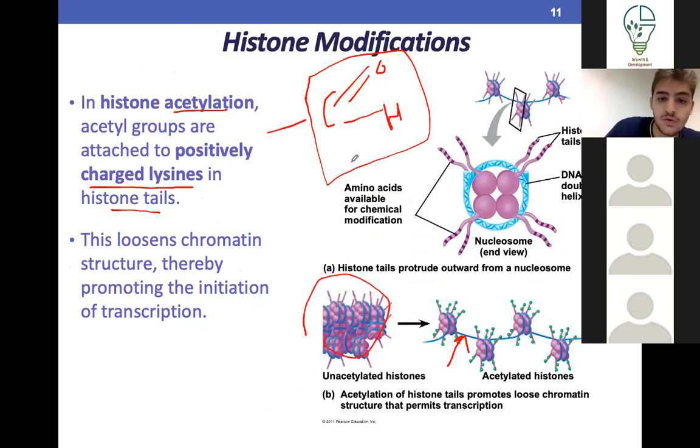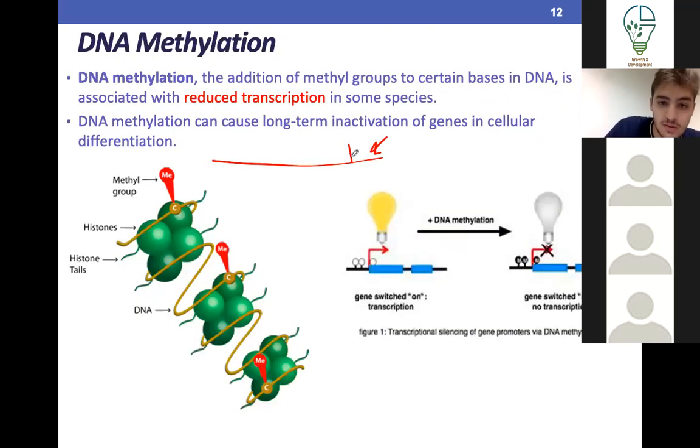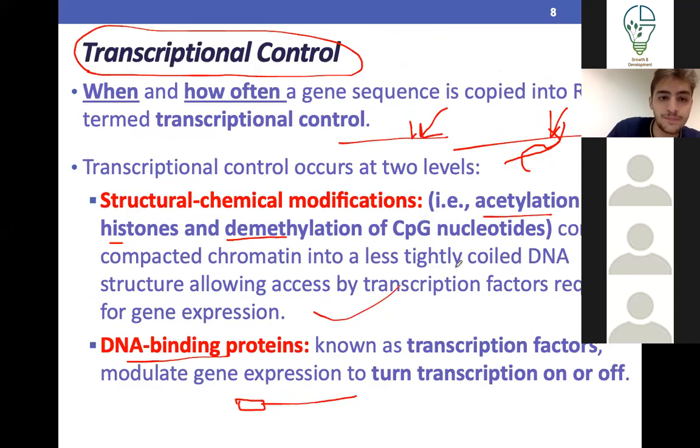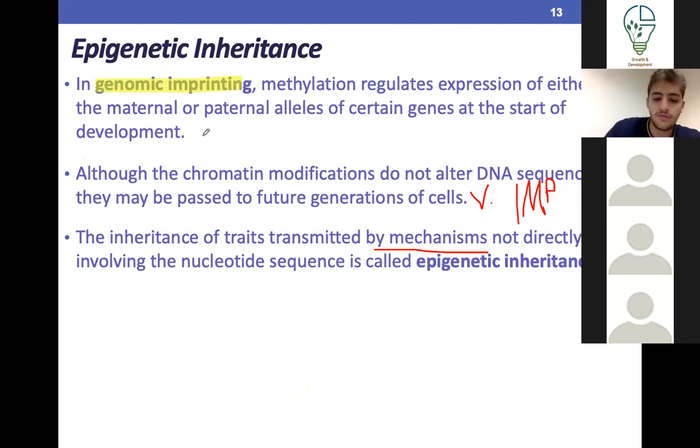And this makes sense because if the DNA has something added to it, such as a methyl group, it won't bind and you won't turn on the gene. And this whole thing is an example of epigenetic inheritance at the transcription control. So do we get the big picture? That's a very important thing for us to proceed. I've been talking a lot about epigenetic inheritance. The reason is because they really love asking about it. I think they asked us about it in the midterm and the final, both.